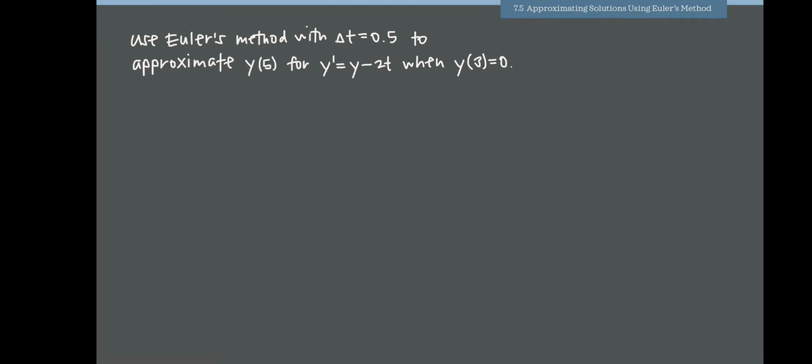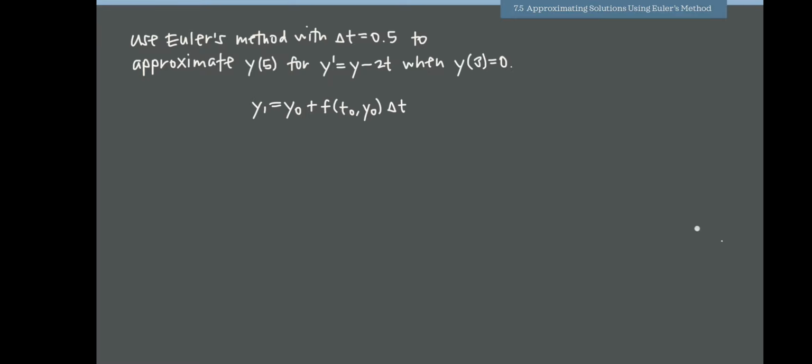The goal of topic 7.5 is simply to know how to use Euler's method to approximate the solution to a differential equation. So for instance, we might be given a problem like this one. Use Euler's method with delta t equals 0.5, or you might be told step size 0.5, to approximate y of 5 for this differential equation